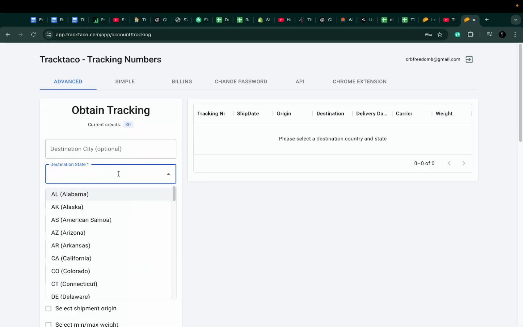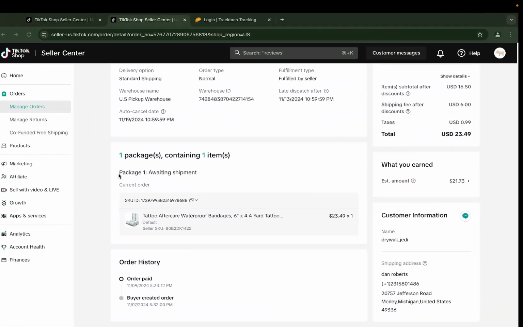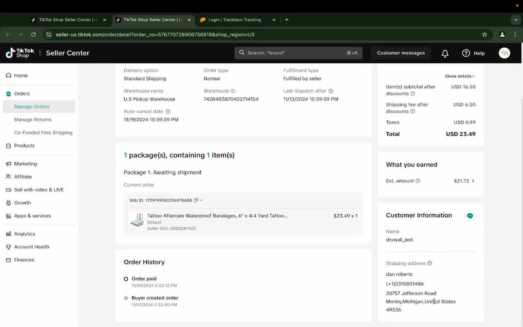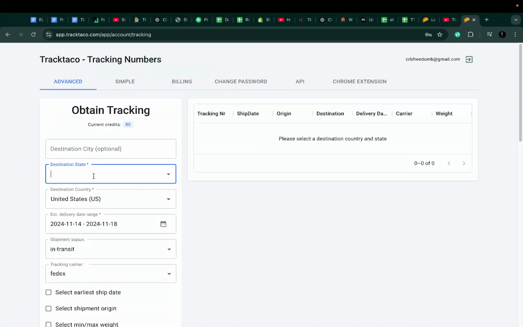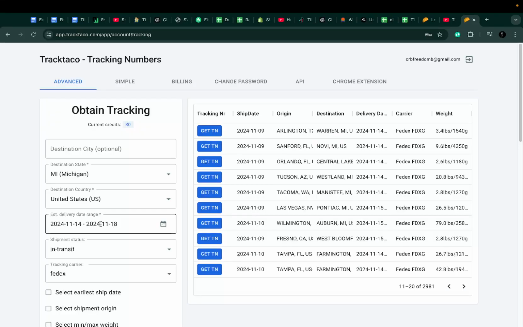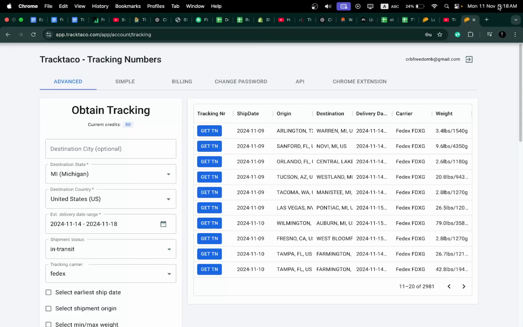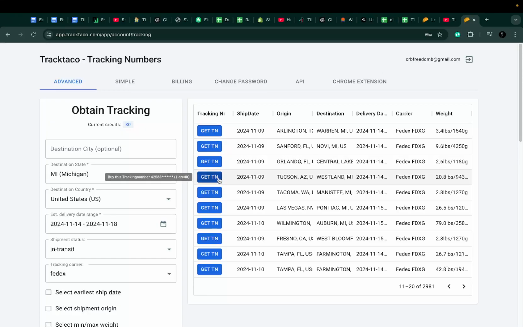Destination city and state, I need to find that. Destination city, you can see that it is Michigan. I will copy that Michigan and paste it here and select Michigan. Okay, the estimated delivery date, it's showing that the estimate should be 12 November. It should be 12 November and